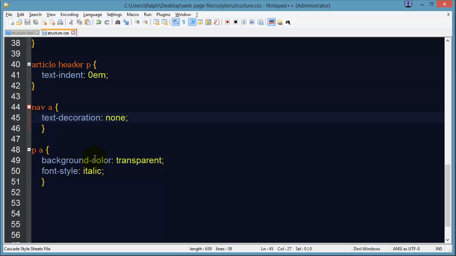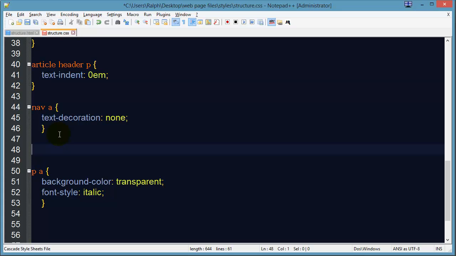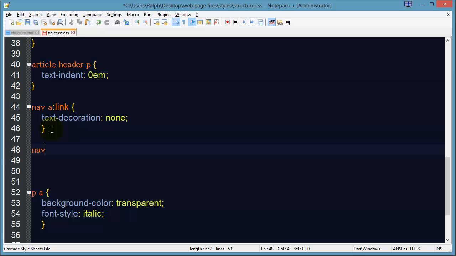So that's the basics there, but let's go a step further. There's different states of a hyperlink that you can manipulate by using what are called pseudo-classes. So check this out. Actually, let's modify this first one, a:link. There's no spaces in that. So this is basically the new link styling of anchor tags within my navigation menu. I'll do text decoration none. That's fine. Let's also do